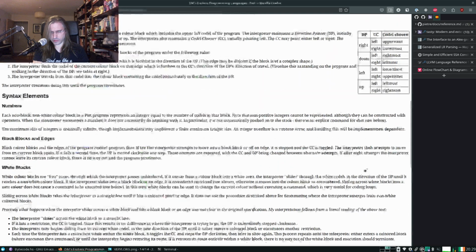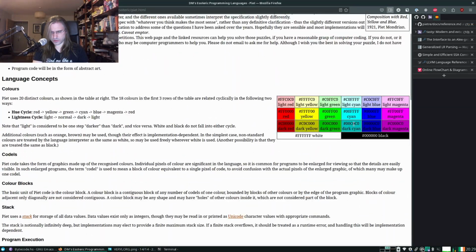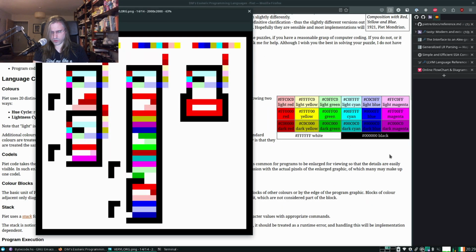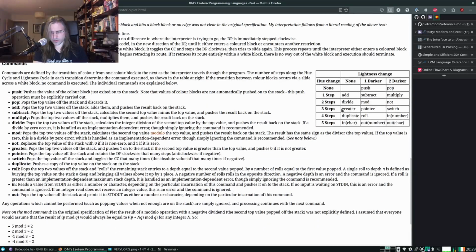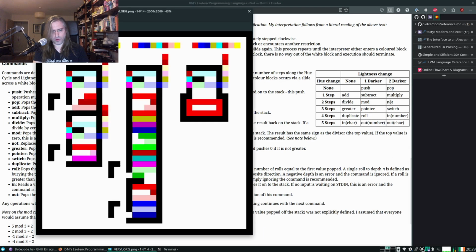Dark cyan to magenta. So that's 2, 2. Oh, it's a not. But I thought the switch instruction would consume the value.